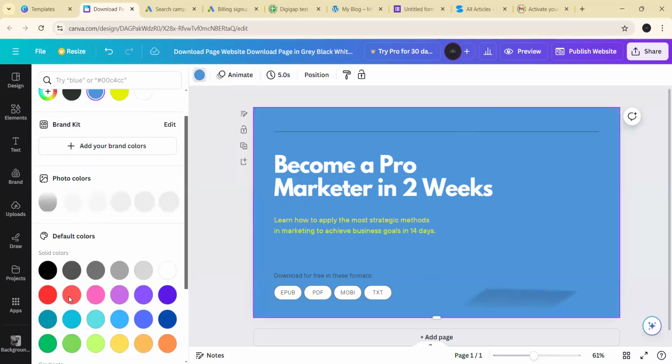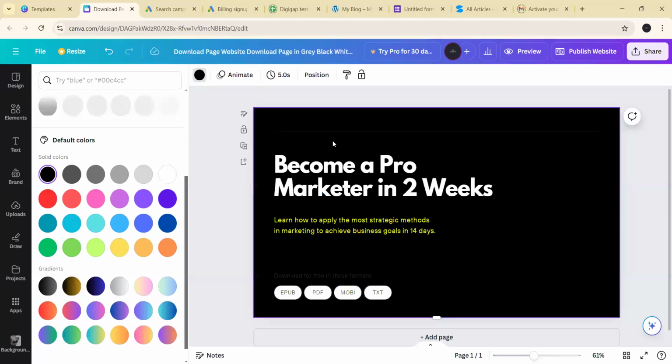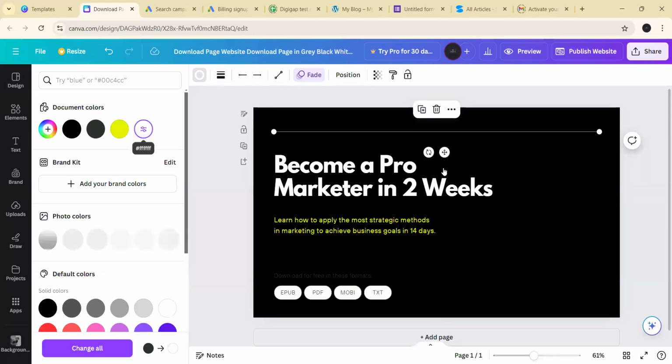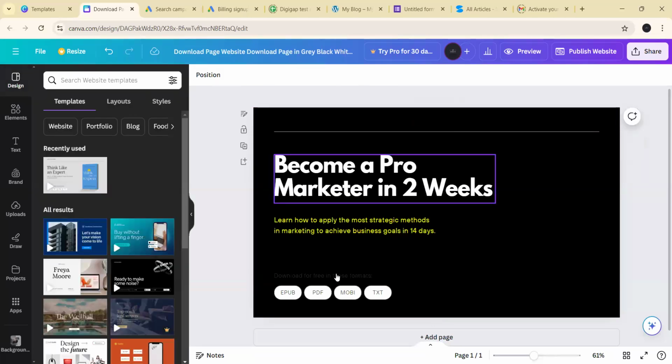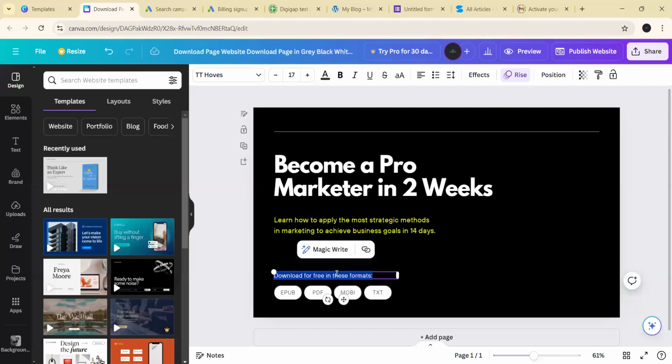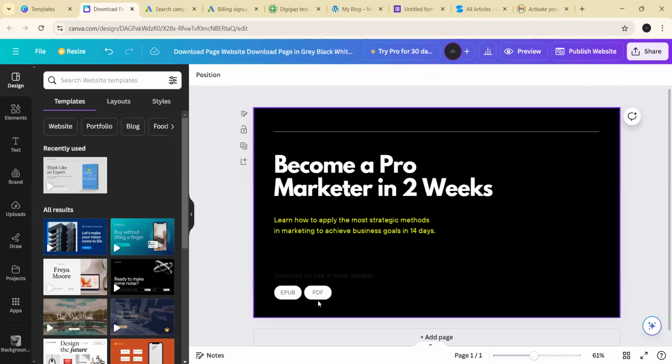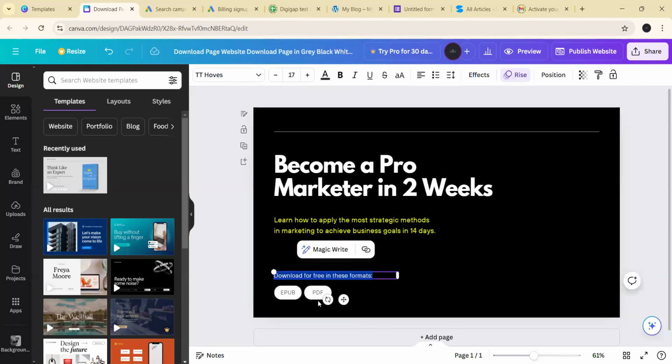I can decide to change the template color. Let me even say I want to use black, right? I can decide to change the template color to black. I'll change the color of that line to white if this works for me, right? I think this even looks better. And then I can say, I don't want to use any of this. I want to take all of this out. And I have a course. And I can now see,